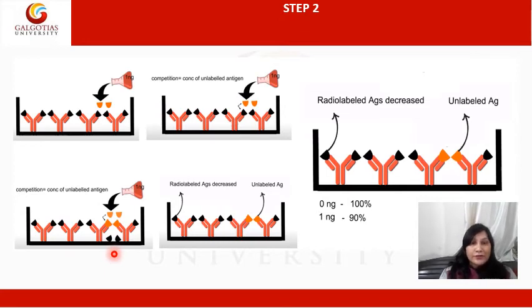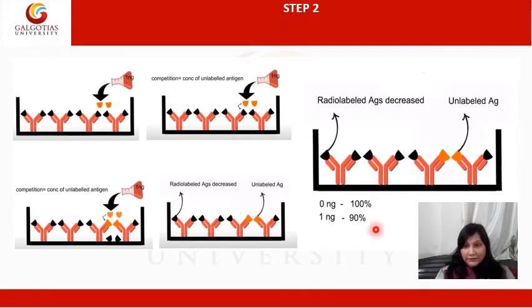This is a very important process in all types of immunoassay techniques. Now what will we do? We will check the radioactivity of this microtiter plate, right? Suppose at the start, when we had not added any unlabeled antigen, the radioactivity was 100%. But after adding the unlabeled antigen solution of 1 nanogram per milliliter, the radioactivity decreased by 10%. Now the overall radioactivity of this microtiter plate is 90%, right?